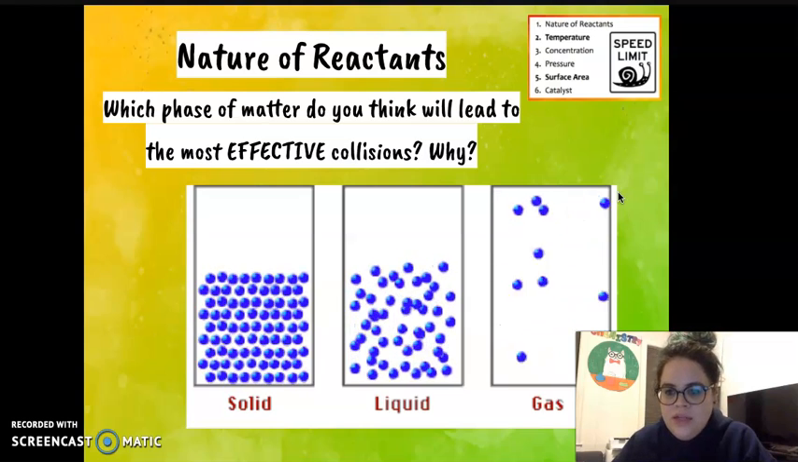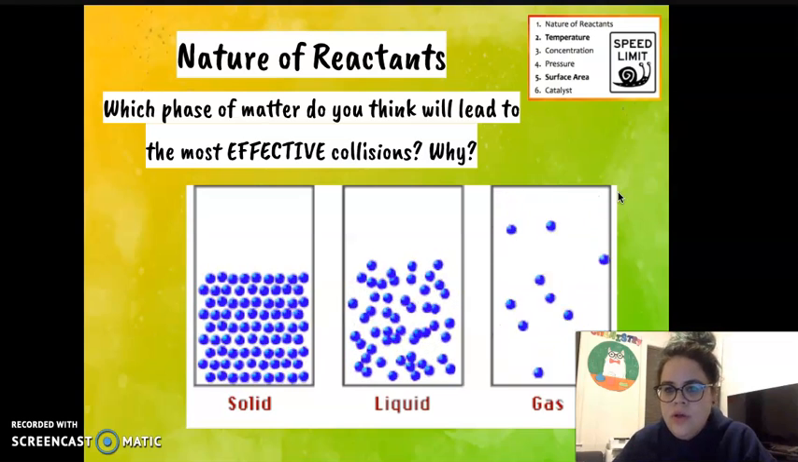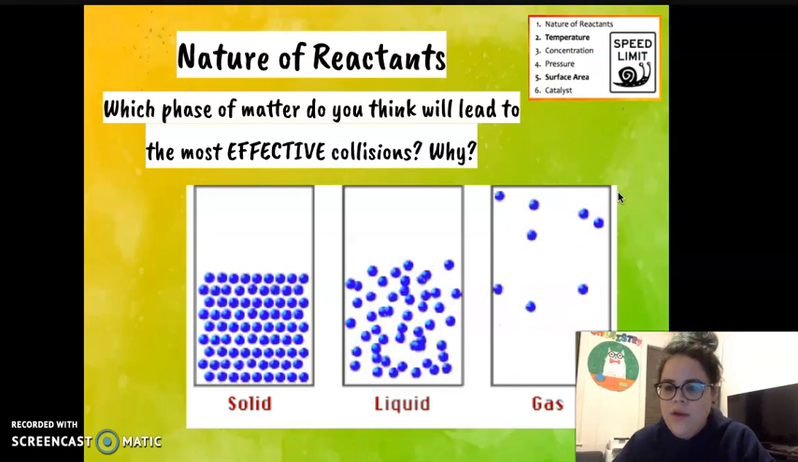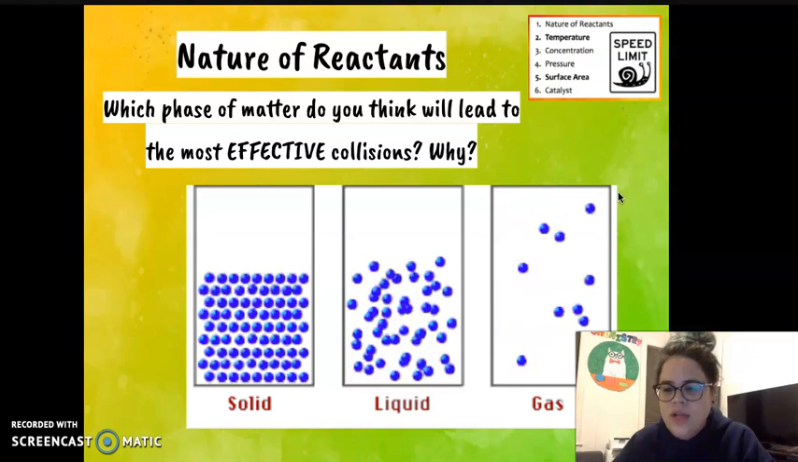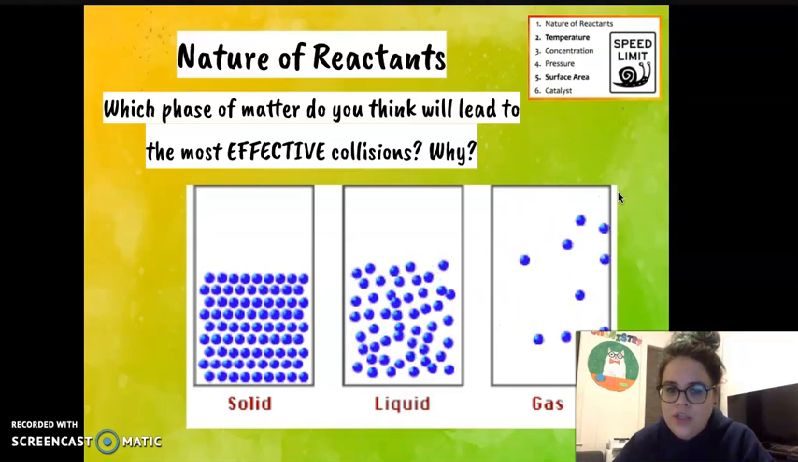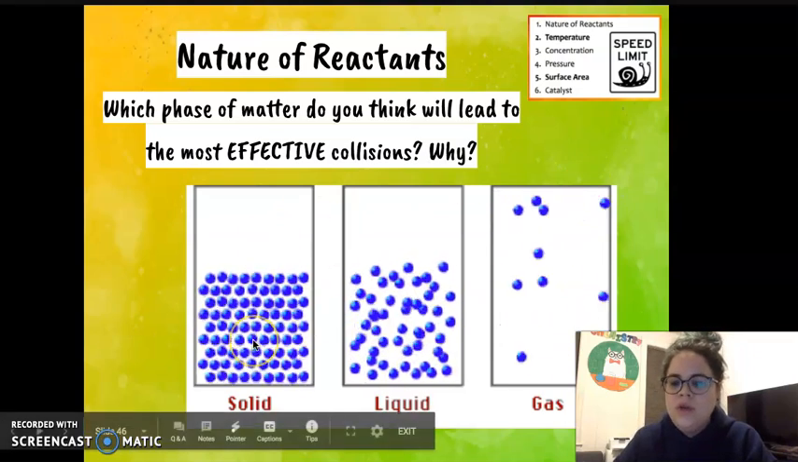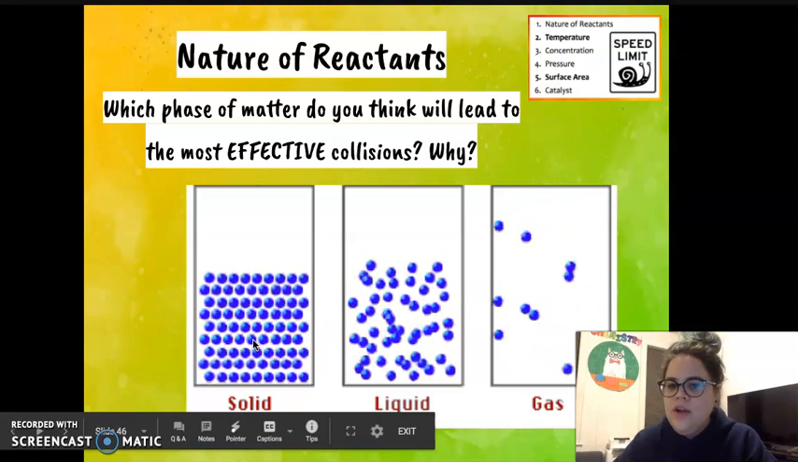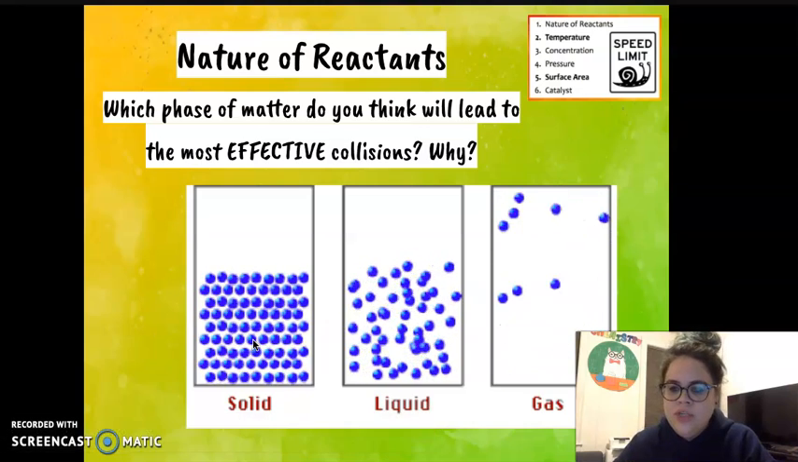Hopefully you said gas particles. Gas particles, although they are the most spread out, are moving the fastest and they are moving the most, meaning that when they do collide, they're going to do so with a lot of energy. While solids and liquids are colliding a lot, they're not moving as fast, they don't have as much kinetic energy,